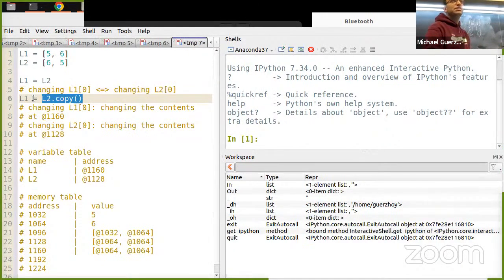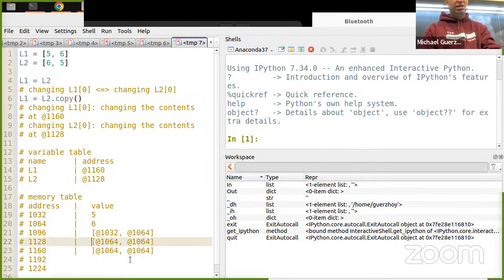Yeah. When you do L2.copy instead of just doing L1 equals L2, it allows you to create a new entry in the memory. Well, I'm using entry for something else. What it does is it takes L2. L2 was 1128, this guy, and it copies it somewhere else in memory.